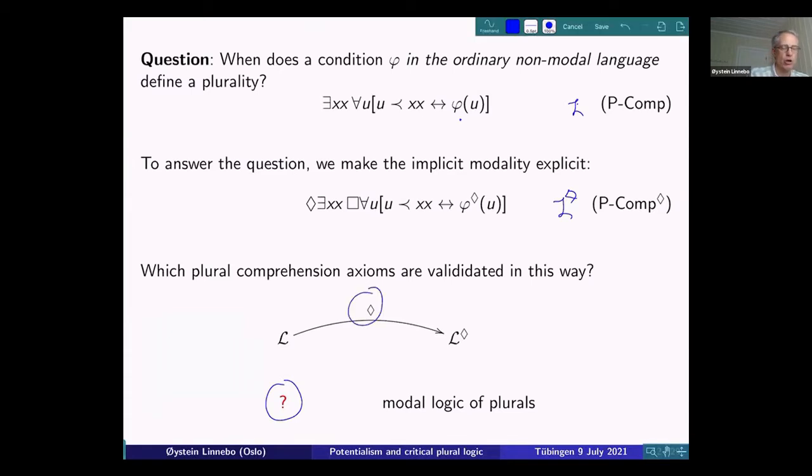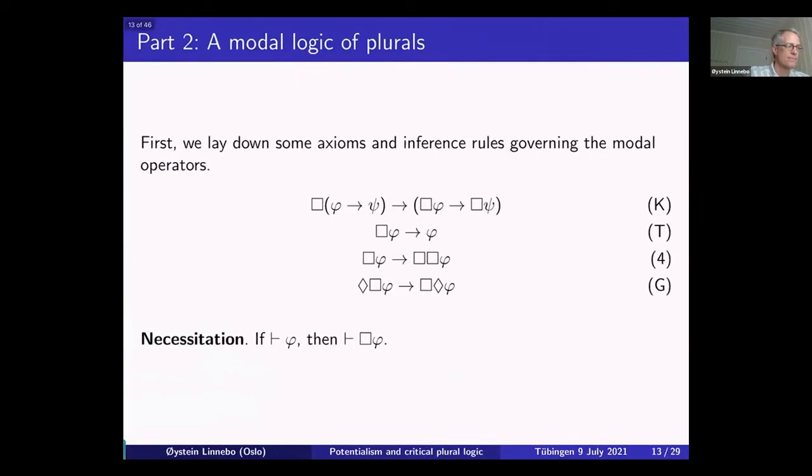Okay, so we have the translation already that I've told you about, but we need a modal logic of plurals to plug in here. And once we have identified that modal logic of plurals, it's just a technical result to identify then the correct plural logic for reasoning about merely potential domains. And that way we could also plug that logic into this nice Gödelian idea that you have this set-of operation that can be applied to any well-defined objects. So next task is to say something about the correct modal logic of plurals.